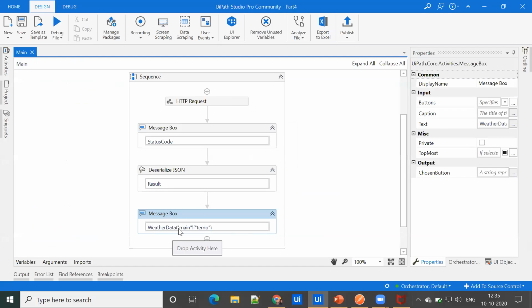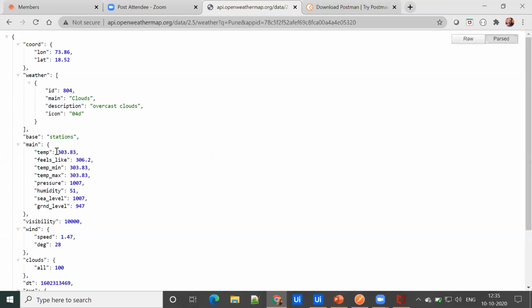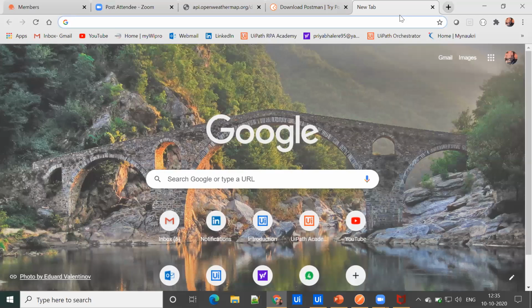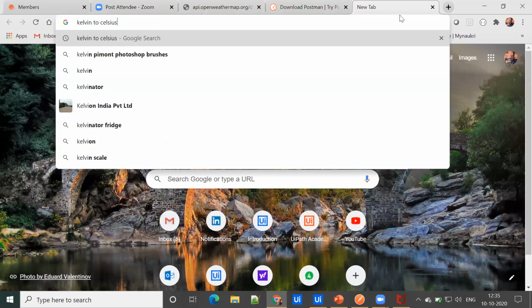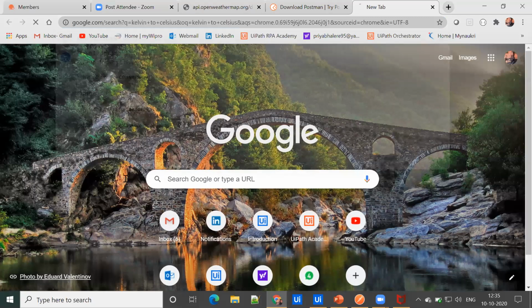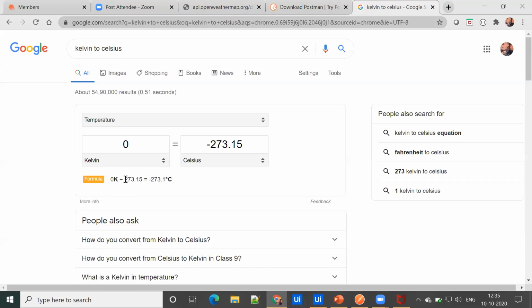So this is how we can access the data. But you may ask me how it is 303 temperature in Pune, right? It is not actually in Celsius, it is in Kelvin. If we go to Google and type Kelvin to Celsius conversion, you can see that we have to subtract 273.15 from the Kelvin value to get the Celsius value.